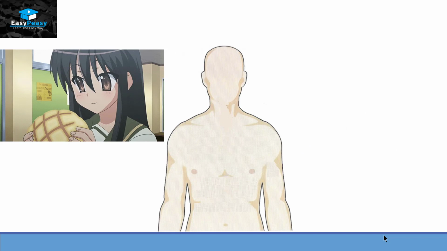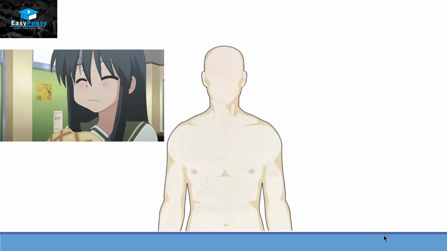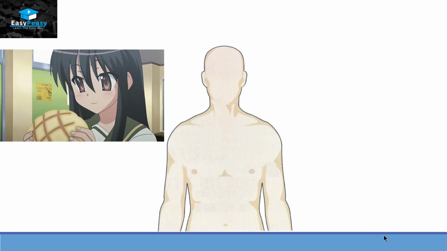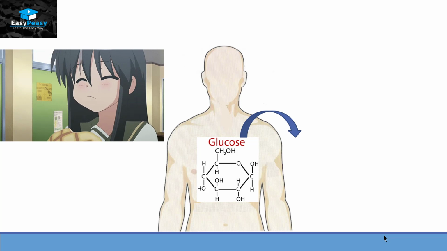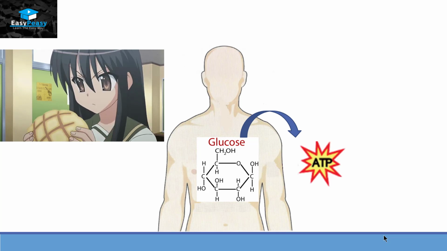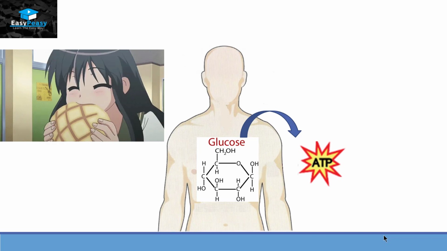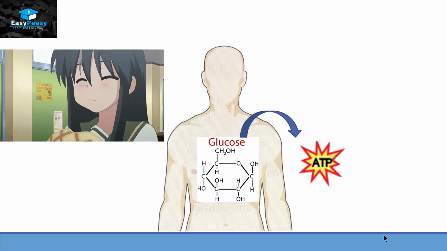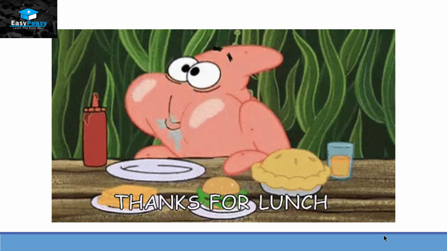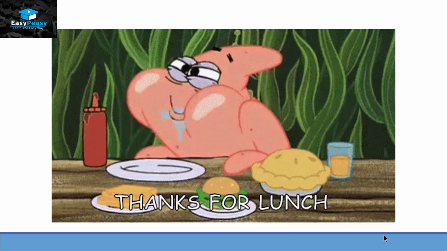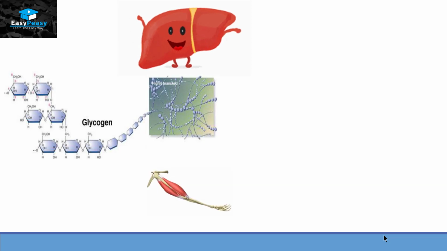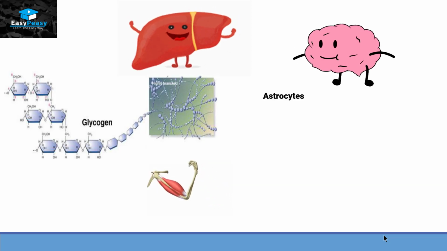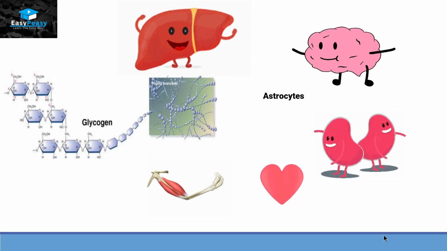Now this glucose usually comes into our body from the food that we eat. Generally, the carbohydrate from this food converts itself into energy, that is ATP or adenosine triphosphate. But if we take too much carbohydrate in our food, then the excess carbohydrate will convert itself into glycogen and be stored in our liver cells, muscle cells, brain cells, heart cells, kidney cells,